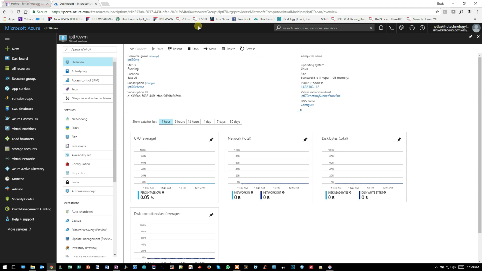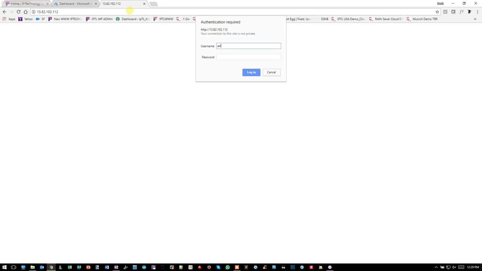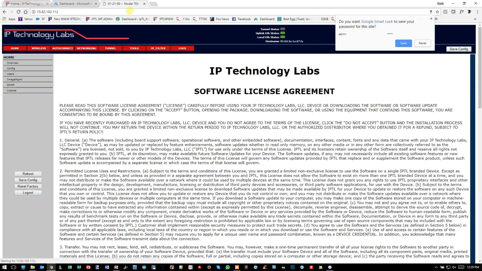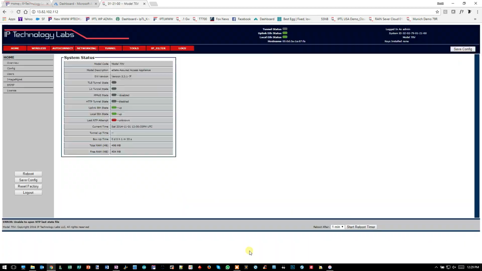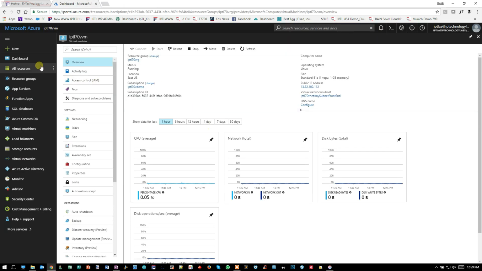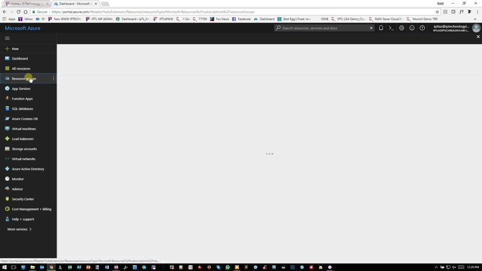I'm going to copy that, and I'm going to log into the IpTL appliance just like it would be any other IpTL appliance. Here it is. So now you can configure it just like you would any other device. So I'm going to now come over here and we're going to tear all this down and then rebuild it